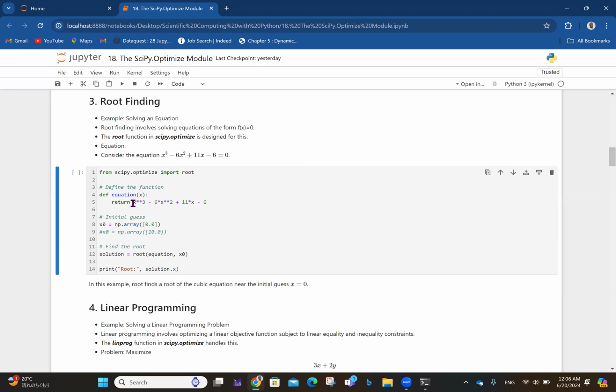From here, of course, in line 1, from SciPy.Optimize we import root, because that is the function that gets the job done in this case. Then you define the function itself. So define the equation, and that is x cubed minus 6x squared plus 11x minus 6. Don't forget, the way to do exponentiation in Python is to use double star. One star is multiplication, double star is power. And then in line 8 we have the initial guess. So if our initial guess is 0.0,